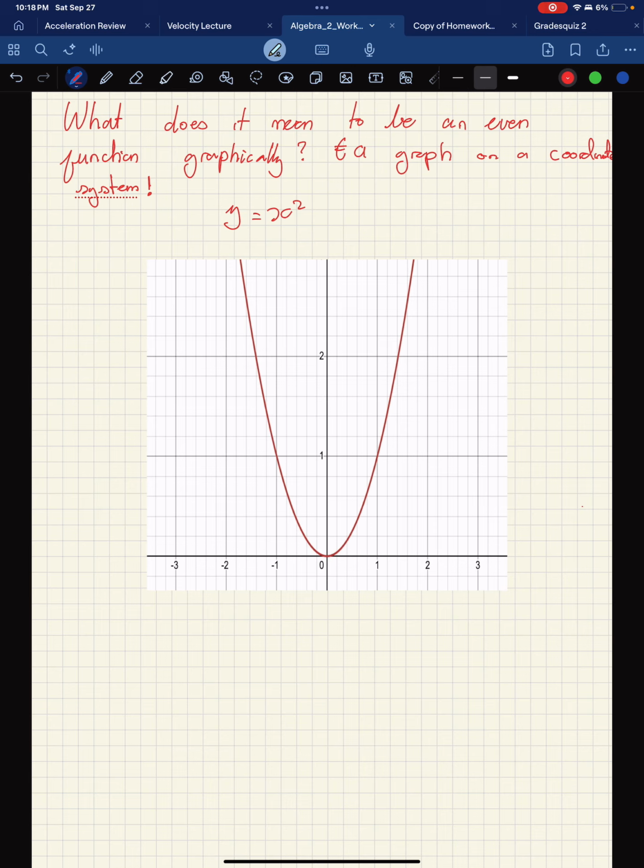So the condition for an even function: f of x will be equal to f of minus x. All right, look,